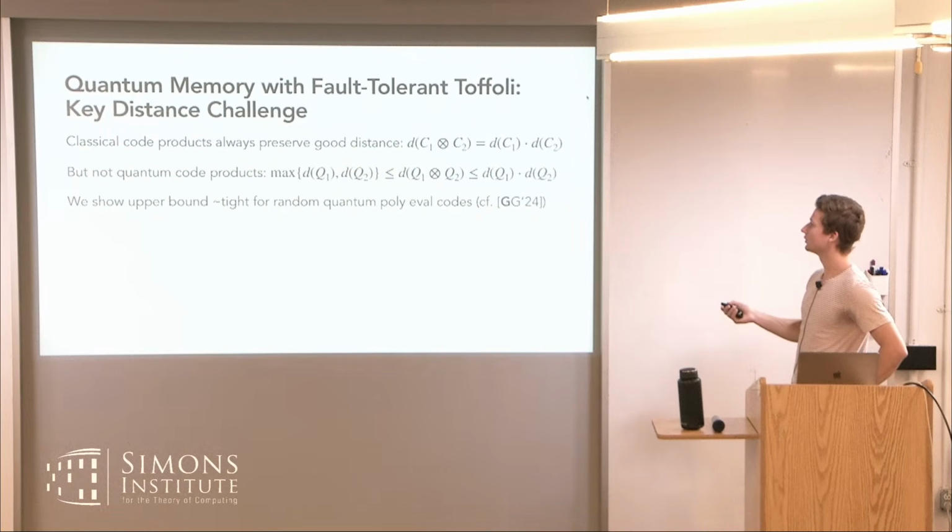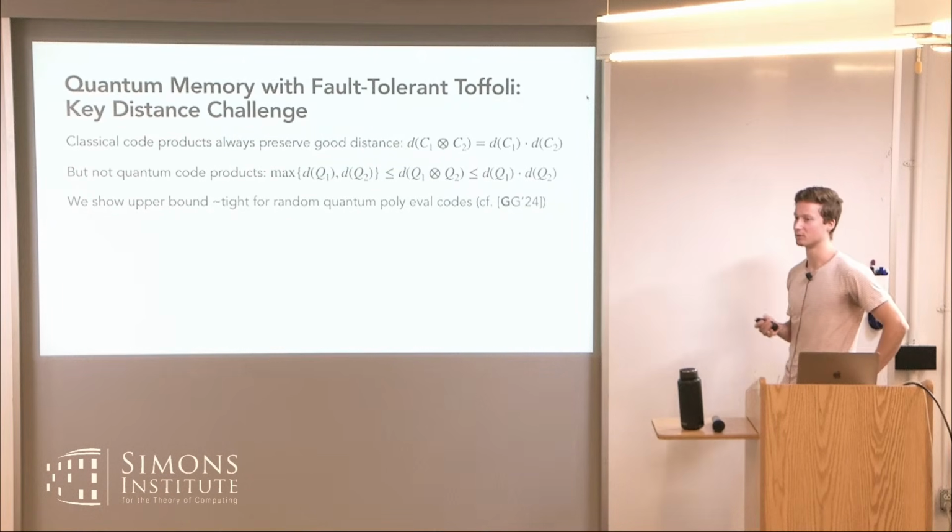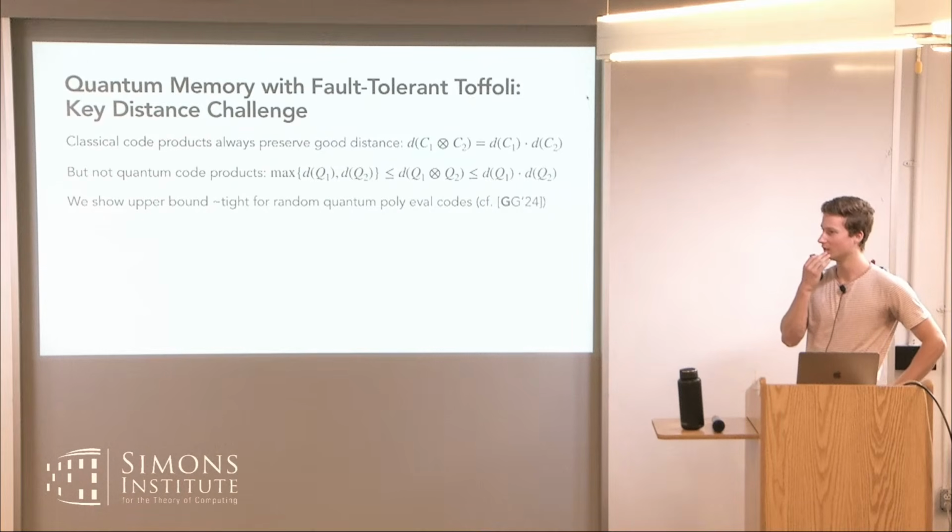was show good distance of these high-dimensional subsystem products. So the new thing is that, in what I'm about to describe, we're actually able to show that if we take a high-dimensional subsystem product of these polynomial codes, we still get linear distance. But before that work, there were only one or two papers looking at it. It's somehow not too well studied a construction.